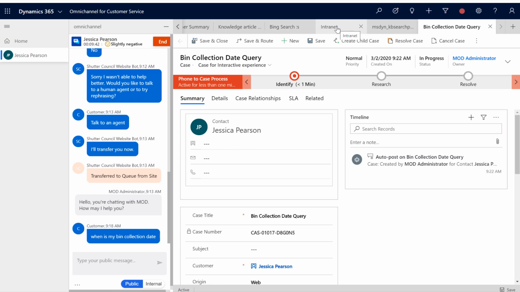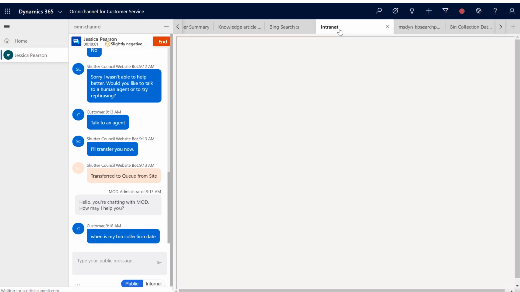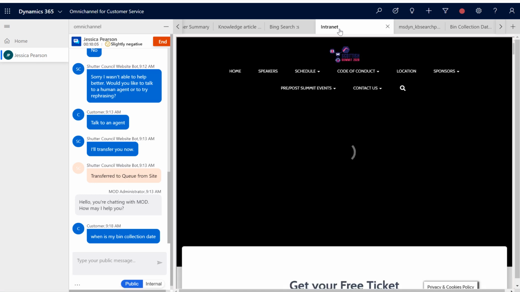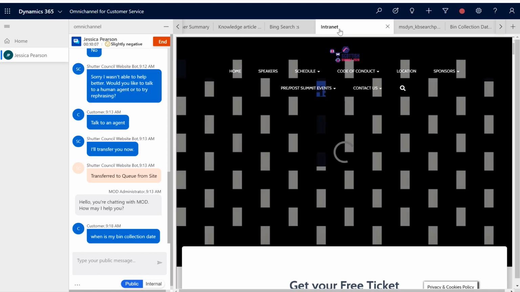Now, this is the application tab area, and we can customize the tabs that are available in the application per channel. So these tabs are only available based upon the channel that we've entered. And if I click on the intranet, what I've actually done is I've embedded the Scottish Summit website inside of this tab.